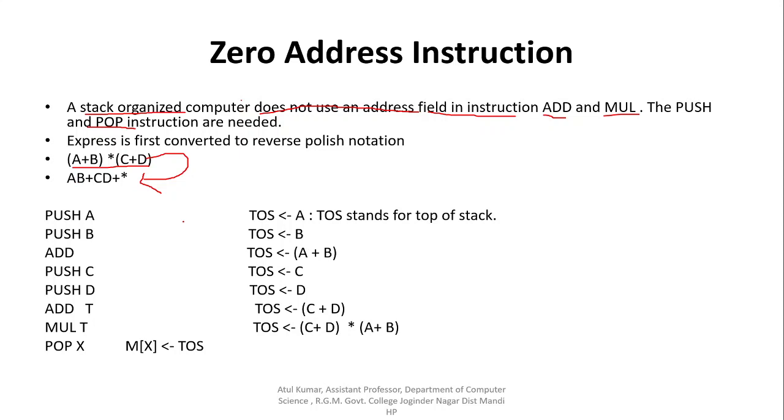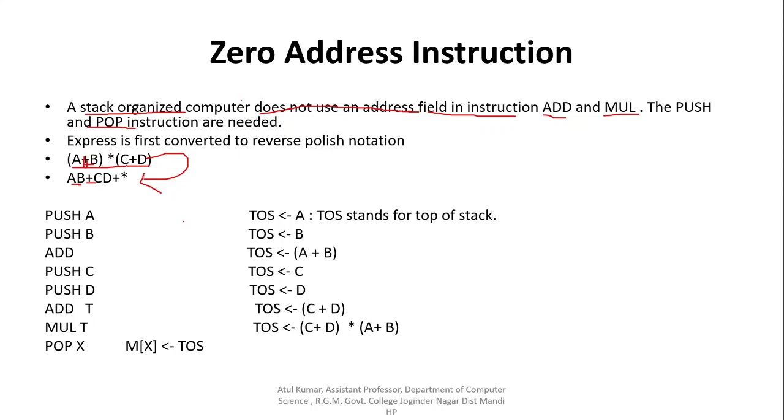So what is reverse polish notation? Firstly, reverse polish notation means we first write the operands, and after that the opcode is written. So in this case, firstly we will write operand A, then B. Next, the operation to be performed is the plus operator, so the operator is written after the operands, so A